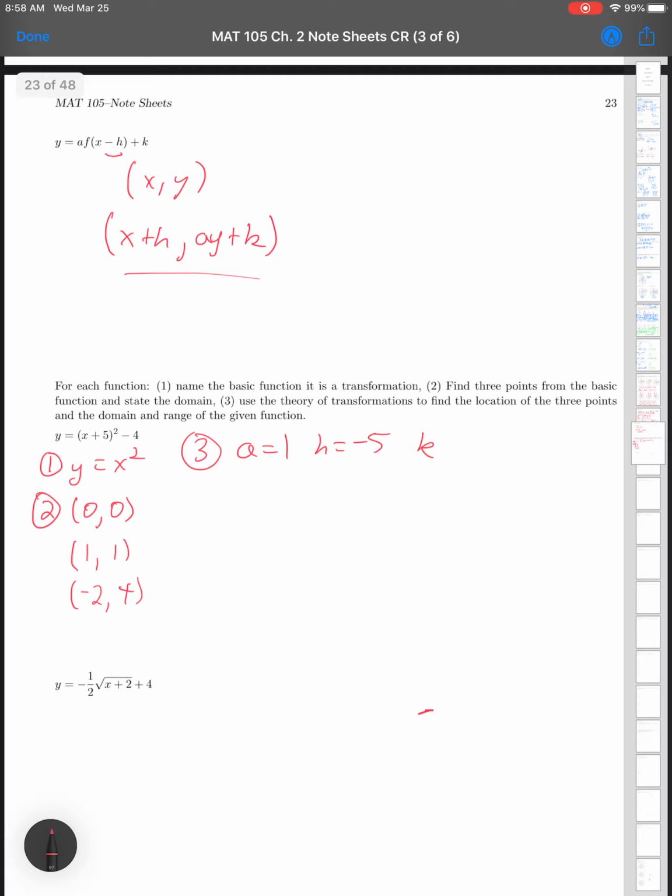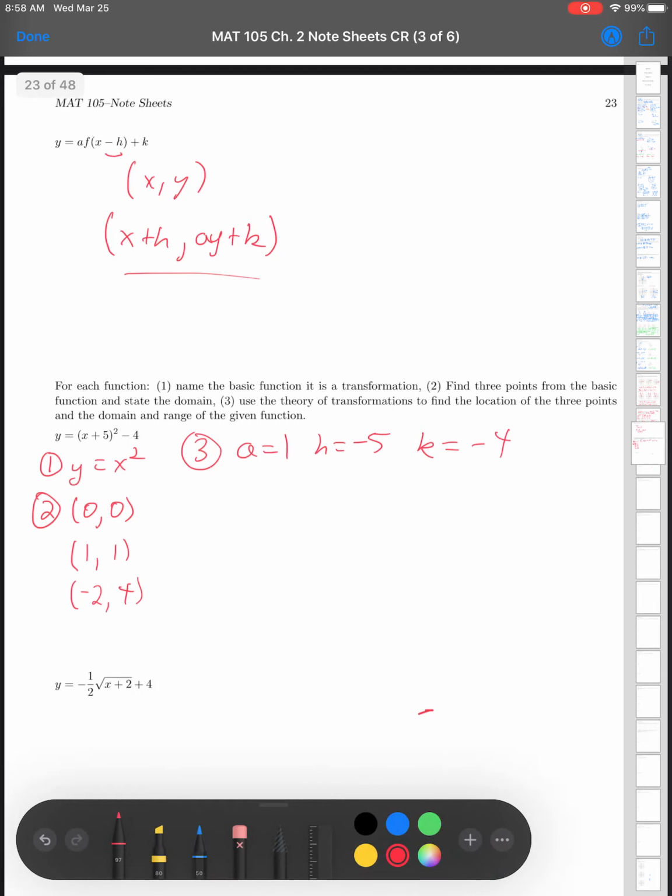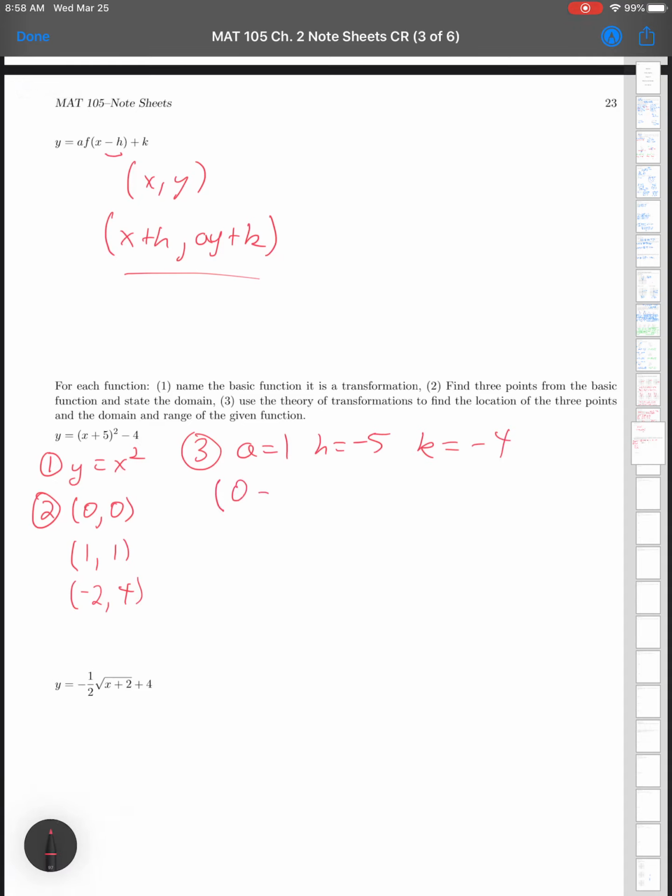And then k is negative 4, because we've got to subtract 4 out there. So what we can do now is use this information up here at the top to find these new points. So 0, 0 is going to be 0 minus 5, comma 1 times 0 minus 4. And the next one's going to be 1 minus 5, comma 1 times 1 minus 4. And the last one's going to be negative 2 minus 5, comma 1 times negative 2